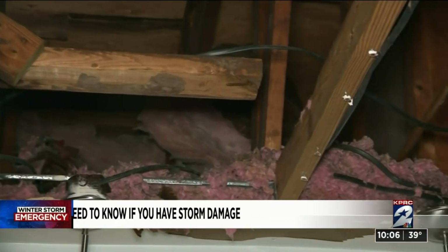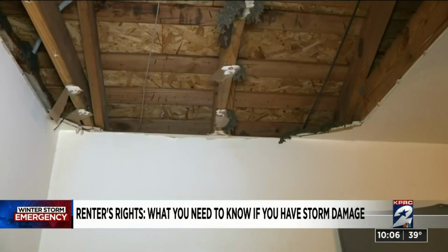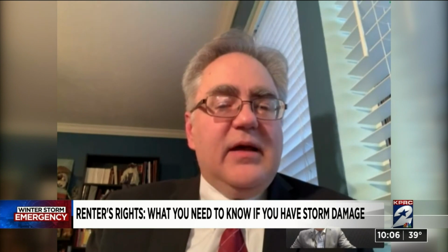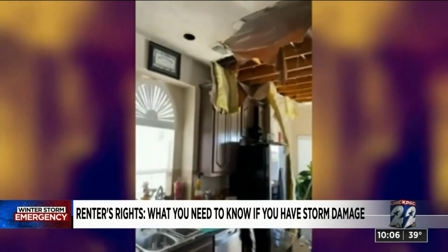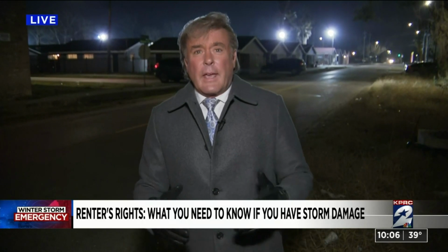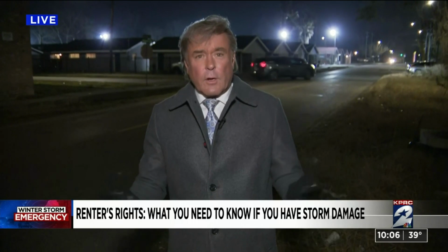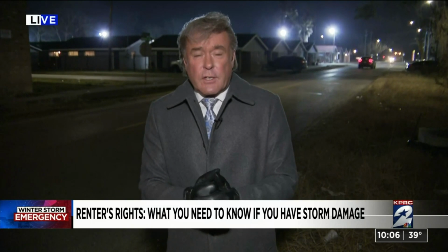If your landlord refuses, you can file a case yourself with the Justice of the Peace Court, and you don't need a lawyer to do it. You can file a repair remedy case, and if you've given sufficient written notice to the landlord and the landlord still refuses to make repairs, then it's possible to get a hearing in front of the judge. And by the way, those hearings in the Justice of the Peace Court do happen very rapidly. The lawyers tell me within a matter of probably a week or so when you're dealing with emergency situations like